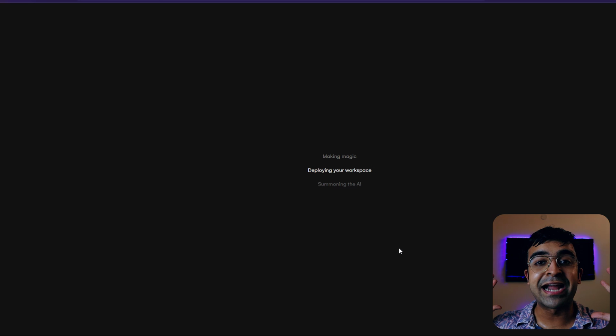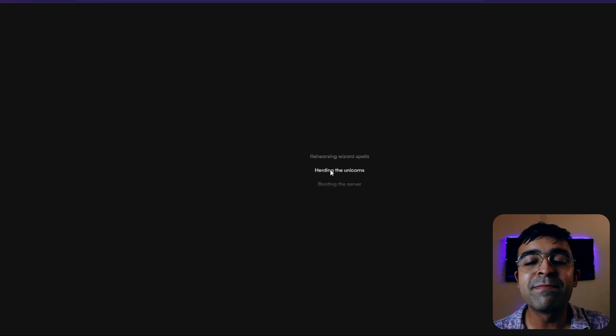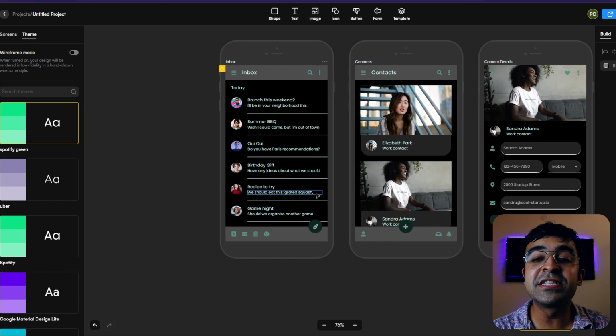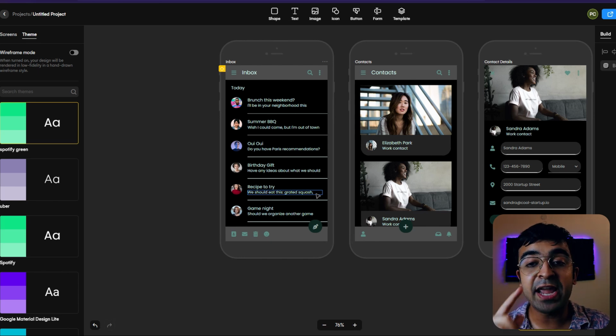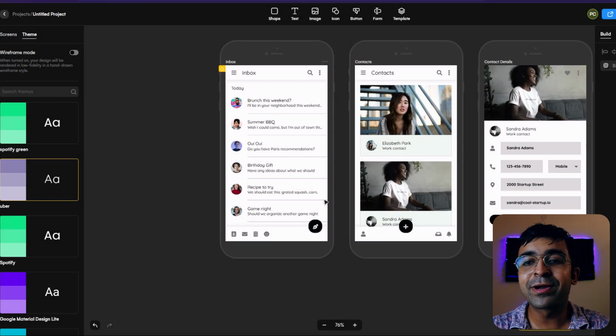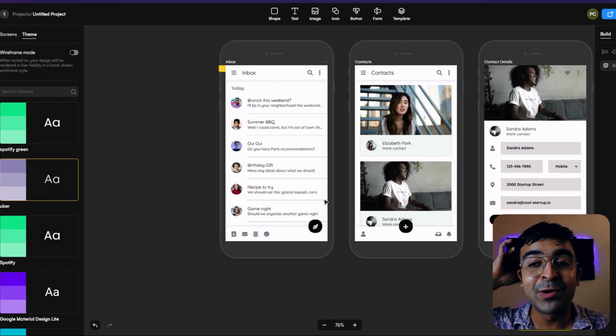That's mind blown already. It might take 15 to 20 seconds to do this since there's a lot of working out going on. So you can just click on switch theme and it switches the theme, everything from the buttons to the lists to the images to the text is changed based on that screenshot. I've already laid out some here. So I have Uber here. I can switch it. Look, it looks exactly like Uber's UI design.